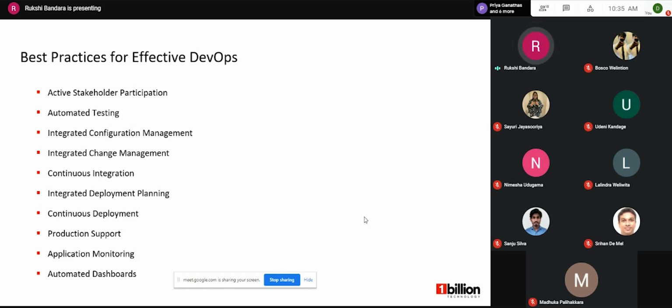And the other one is integrated change management. With integrated change management, operations and development teams work together to understand how the use of different technologies will impact the organization as a whole and also then work towards managing that. So the fifth one is continuous integration.